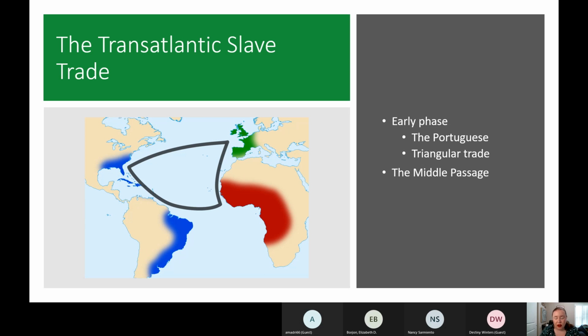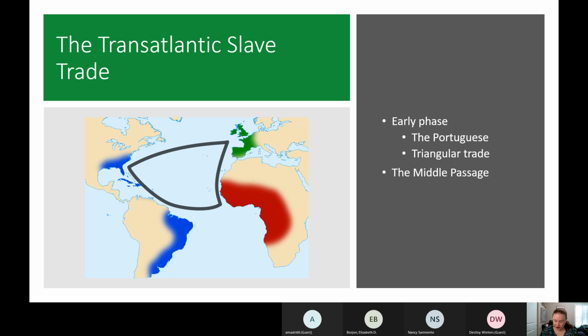Enslaved people could fetch quite high prices on the market in the Americas. Oftentimes, Africans were sold in the Americas for 2 to 3 times the amount that slave traders initially paid for them. So it's very profitable. In fact, the demand for slave labor in the Americas actually destabilizes African population and politics, because tribes start to go to war with one another more frequently for the purpose of capturing people to sell into slavery